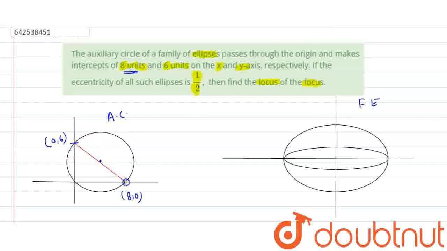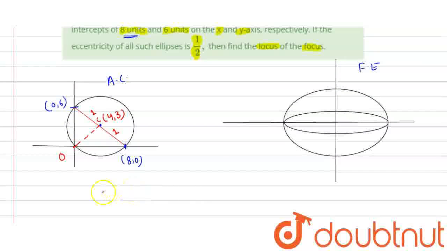Now what are the coordinates of the center of the circle? To find this, see, this center will divide this diameter in the ratio 1:1. So the x coordinate will be equal to (8 plus 0) divided by 2, which is equal to 4. Similarly the y coordinate will be equal to (6 plus 0) divided by 2, which is equal to 3. So the center of this circle is (4, 3). Now one more thing, this is our origin point O. Now let us join O to this center C. If I want to find this radius, just apply the distance formula. So r will be equal to the square root of 4 squared plus 3 squared, which is equal to 5 units. So the radius will be equal to 5 units.